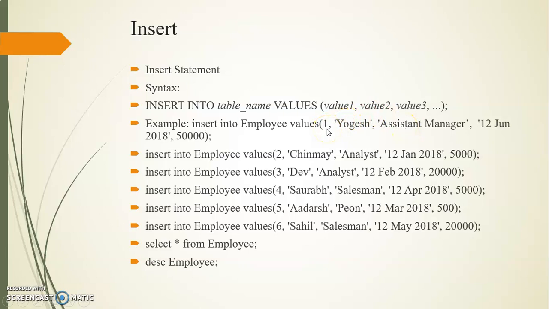If it is an integer value, you can write it directly. So first one is my employee ID. I have inserted it as 1. Second is employee name. While inserting character details, you need to use single quotes. Next is assistant manager, which is a job. It is again varchar, so I need to insert it in quotes. Again there is a hire date. There is a date data type, so you need to insert all the details in single quotes. Similarly, 50,000 is just a salary. That is an integer value. You don't have to insert it in single quotes.